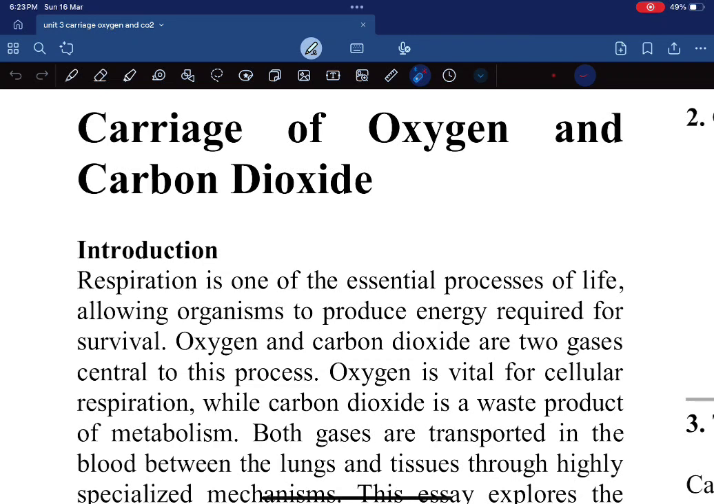जर्नल फिजियोलॉजी सब्जेक्ट कैरिज ऑफ ऑक्सीजन एंड कार्बन डाइऑक्साइड टॉपिक का स्टडी करेंगे, जिसका इंट्रोडक्शन है।